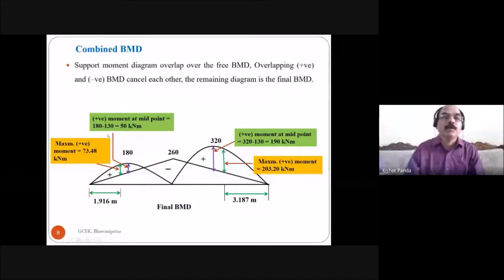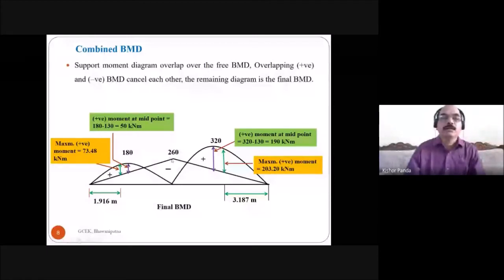The positive moment at the midpoint, because you know what the moment is here. For the free BMD, you know the moment is 180. So this is the positive moment at the midpoint. This you can find out. So 180, but you have to take this one, because this total is 180. If you deduct this one, then you will find the positive moment at the midpoint of span AB. Already I have explained in the fixed beam how you find this one, because here this is a triangle.